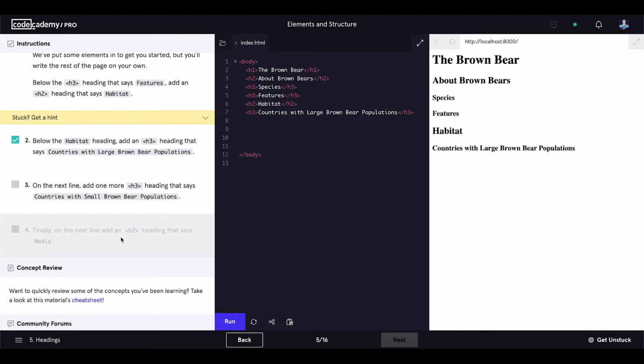On the next line, add one more H3 heading that says countries with small brown bear populations. So let's add another one, H3 heading, closing tag, copy the content from the left, click run. Yeah, it's correct. Finally, on the next line, we should add the H2 heading that says media,